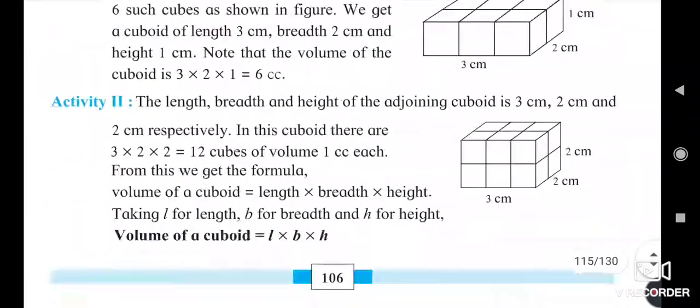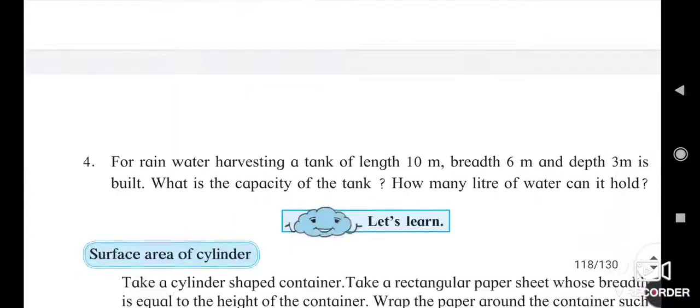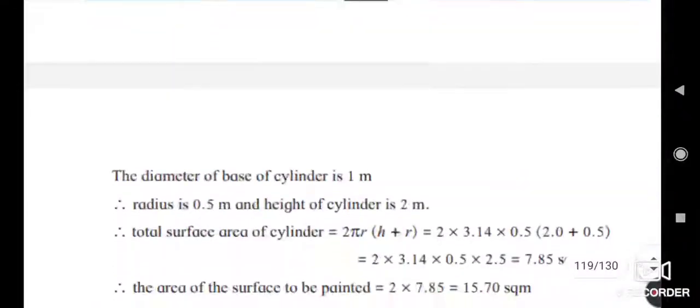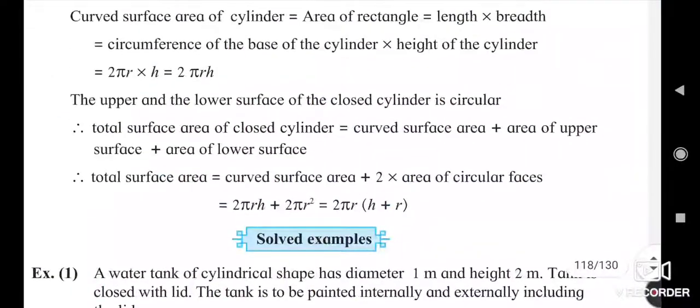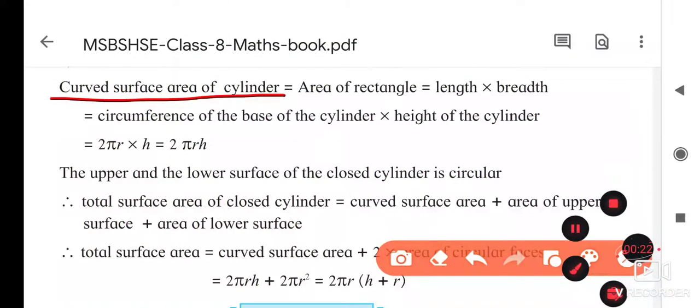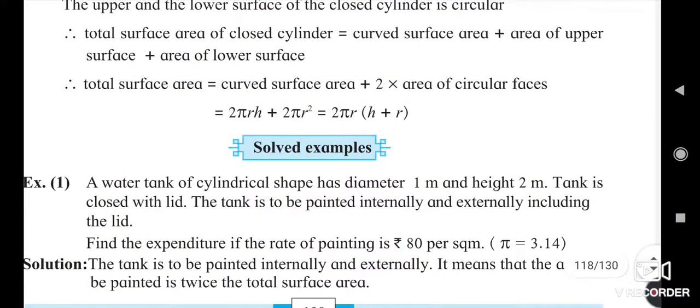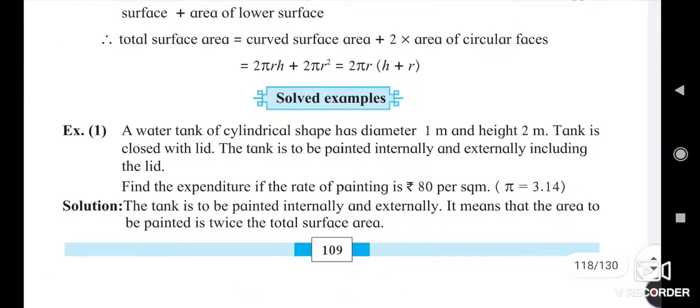Under this lesson, yesterday we saw how to derive the formulas of the total surface area and the curved surface area of a cylinder. Now we will solve examples based on these formulas. Yesterday we saw these formulas. The curved surface area of a cylinder is equal to 2 pi r h. You have to learn these formulas. The total surface area of a cylinder is equal to 2 pi r into bracket h plus r. Here h is the height of the cylinder, r is the radius of the cylinder, and pi is a constant, its value is 22/7 or 3.14. So let's solve the examples.